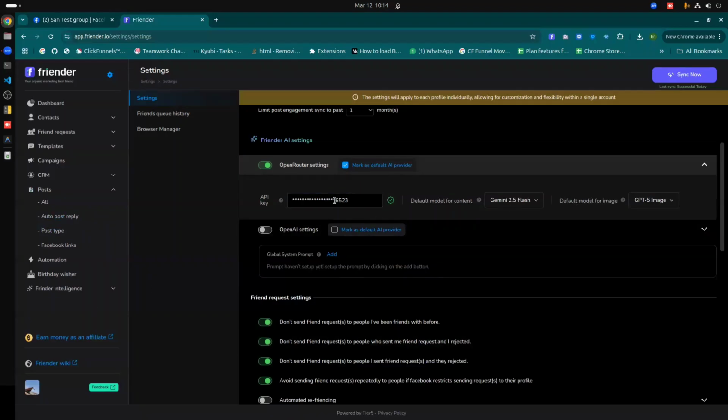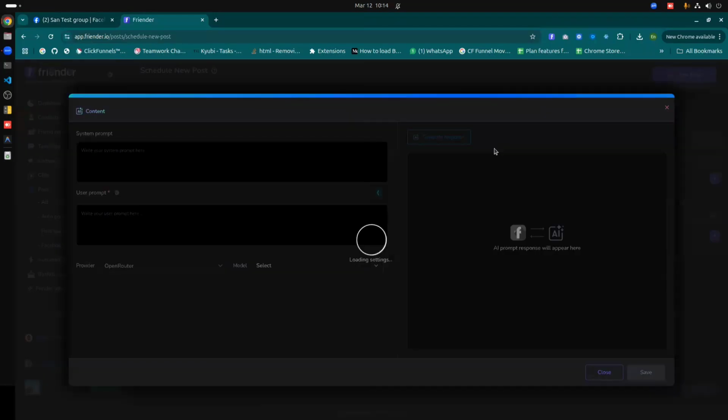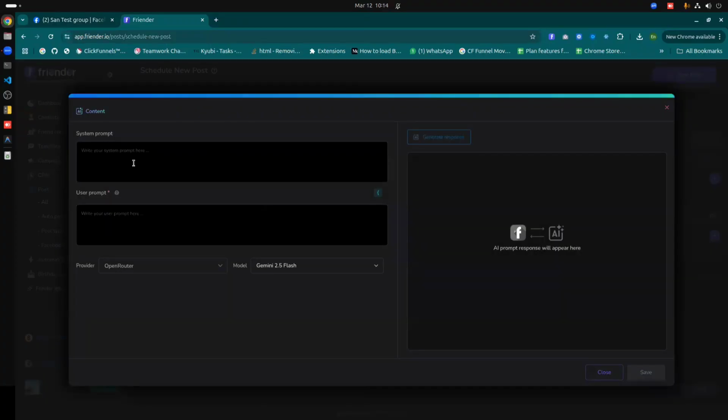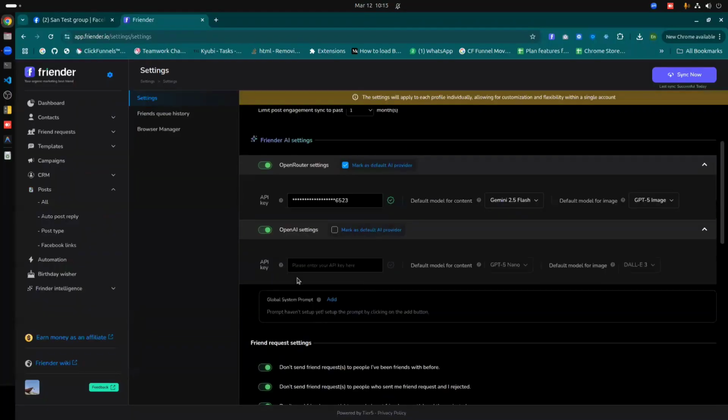Now, as I have added the OpenRouter key, I can visit Schedule New Post and turn this on, where the system prompt by default will have the value from the default system prompt, if you have any. That will be pre-populated for you so that you don't have to type it again and again. And this user prompt is to tell the AI what exactly you are expecting from it. For example, if I visit the settings page,